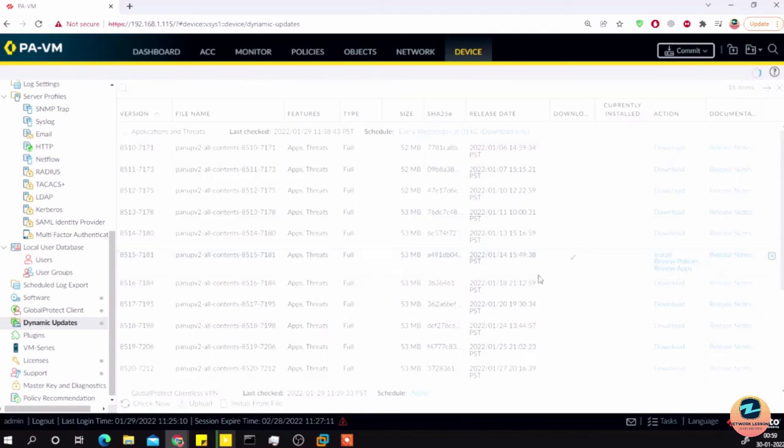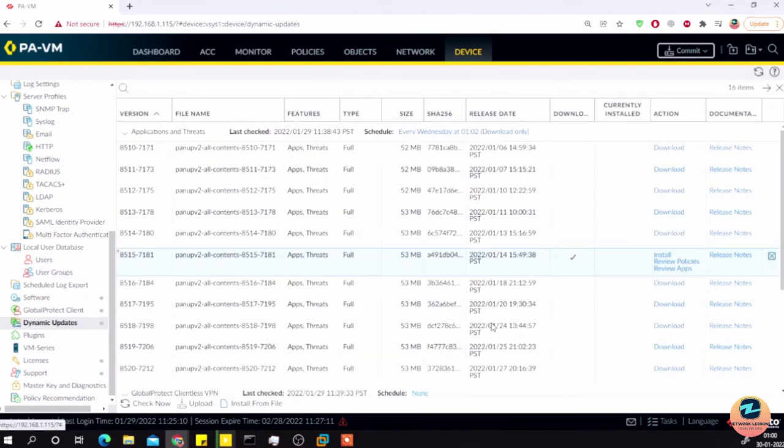and after the installation, it will again show that this is currently installed, and then you can go and download a higher version of the signatures. You can also check on the release notes what has been updated in this update, what application signatures have been updated, and what all updates are pushed in the signature version. So that is there. Now coming back to the software